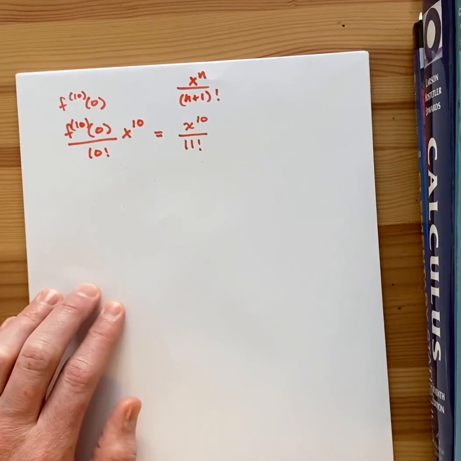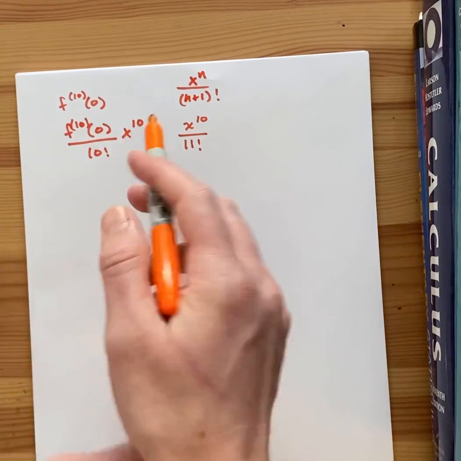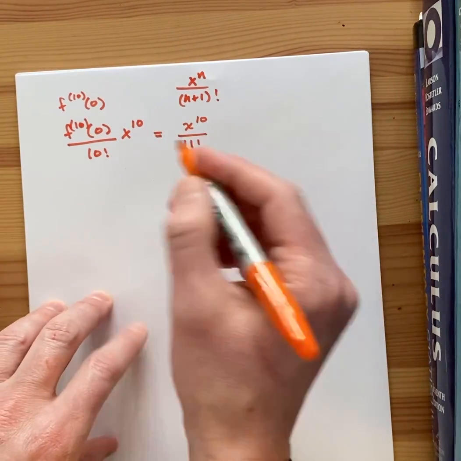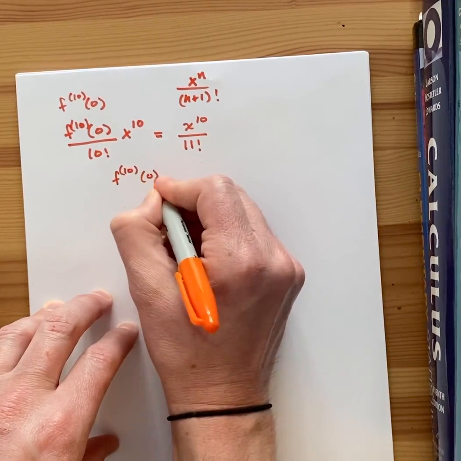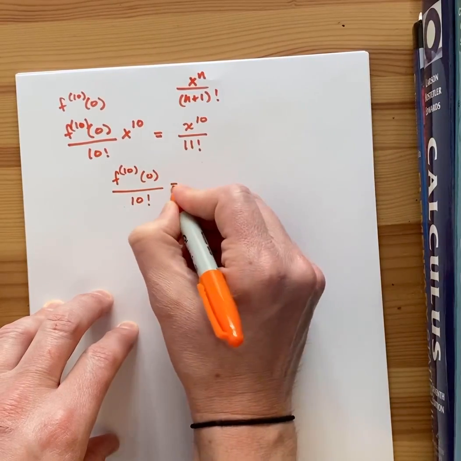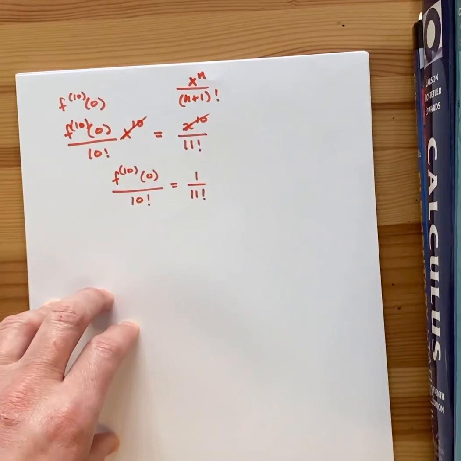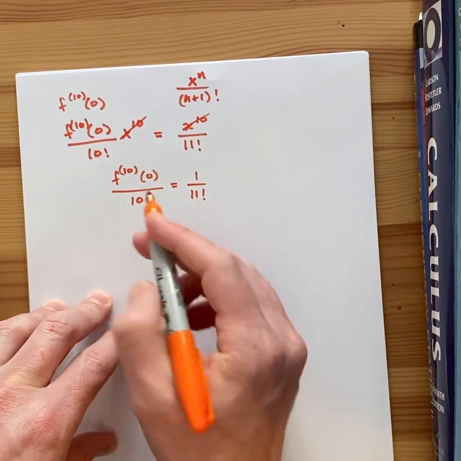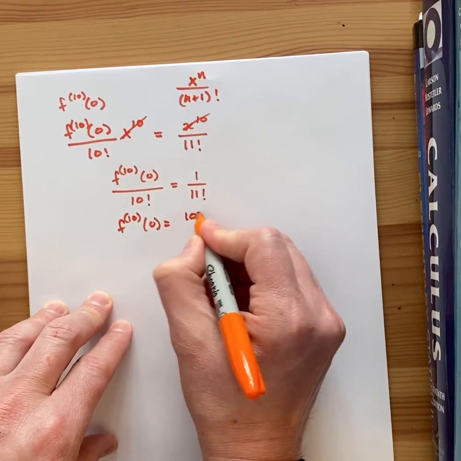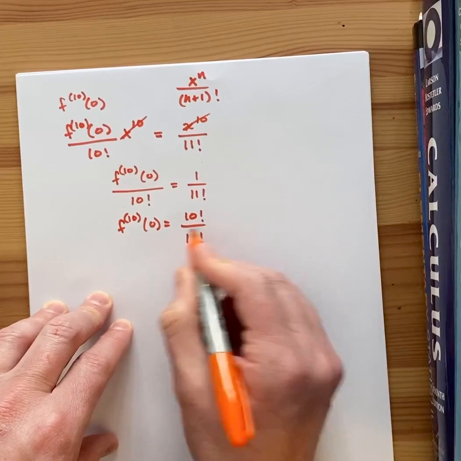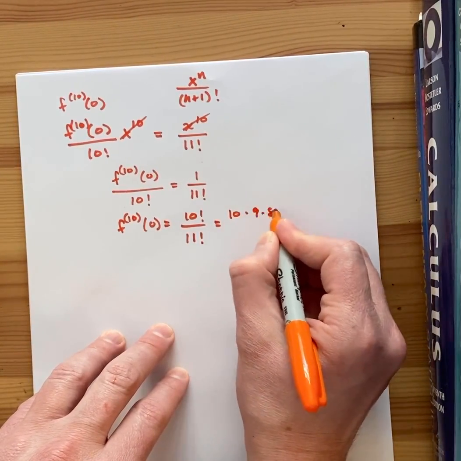So it's a little bit different here. But again, what cancels out is our x to the 10th, so you're left with this. Now, how do you solve? I'm just going to multiply both sides by 10 factorial. So I get this notation. This is kind of weird, but what it really means is that you have 10 times 9 times 8 times